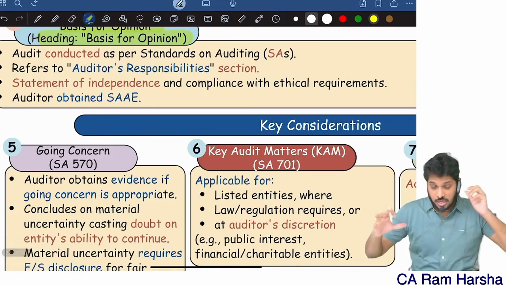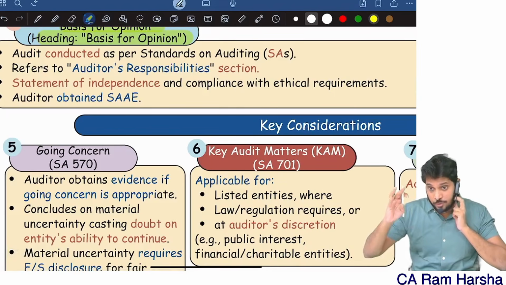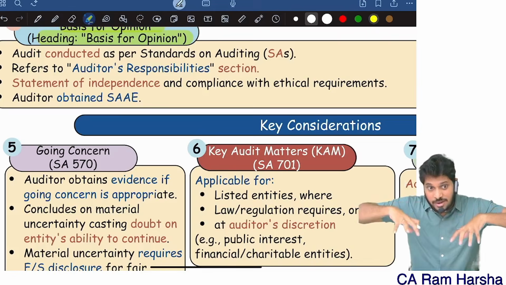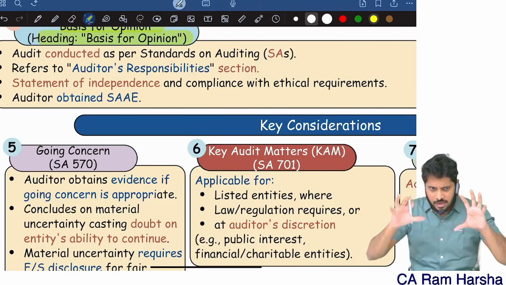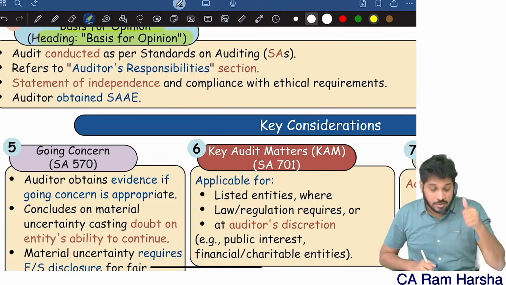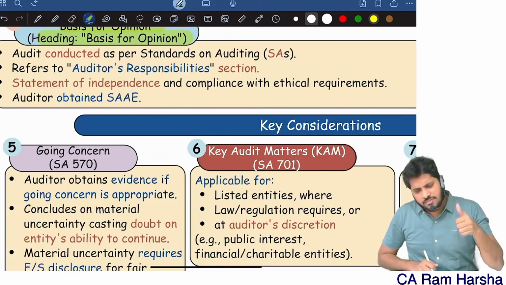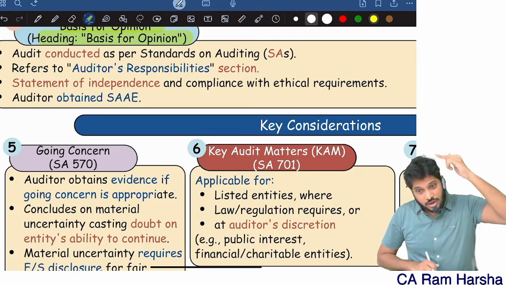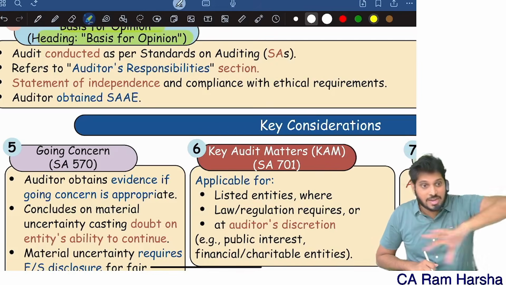Yes or no? Whenever we are giving a qualified opinion, adverse opinion, or disclaimer, then another para might come. So generally one para. What para? We have audited the financial statements as per standards on auditing. As per those standards, we are independent of the company. Our responsibilities under those standards are further described in the auditor responsibility section of our report. We are independent of the company. We complied with the code of ethics. We believe that the evidence obtained by us is sufficient and appropriate. Like that, so much matter we write.